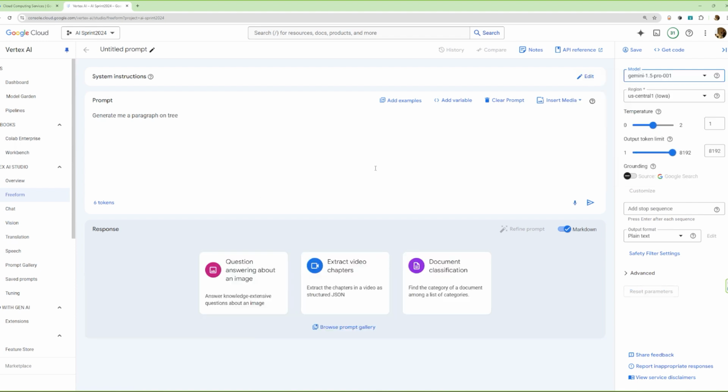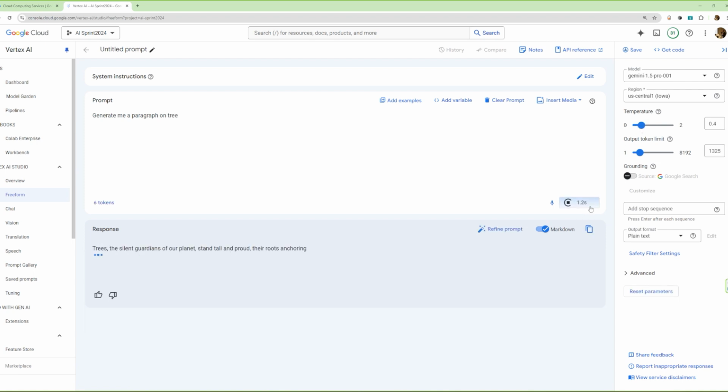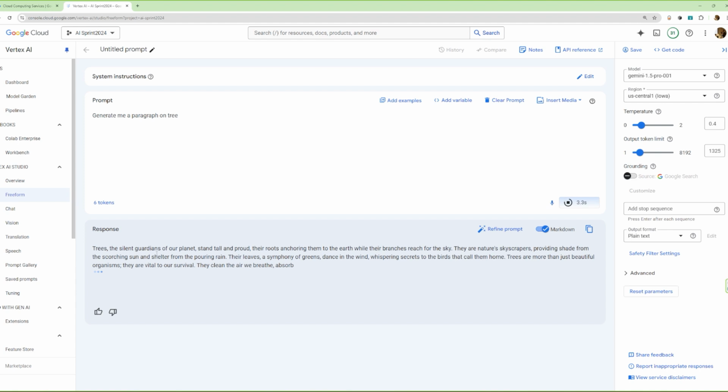Okay, let's see 1.5 Pro. So we are basically using all of the models, right? It's exceeding. That's an issue, but in the meantime we're learning a lot. This time maybe with 1.4: "Trees are silent guardians of our planet, standing tall and proud, their roots anchoring them to earth while their branches reach for the sky." For me, if you look into all of the four paragraphs, I think with temperature 1.8 and 2, it was much more